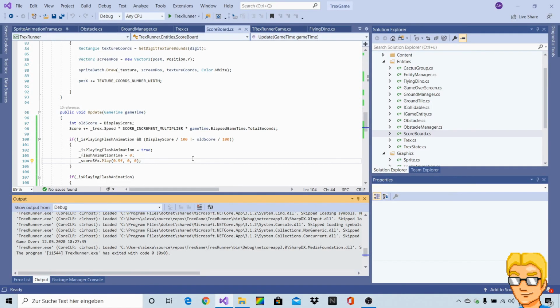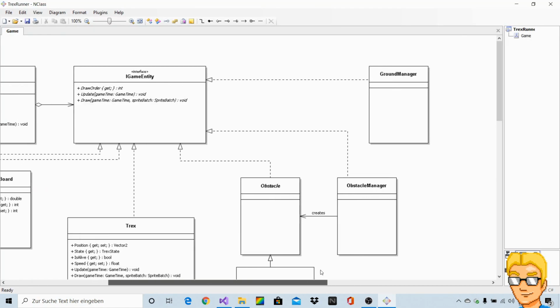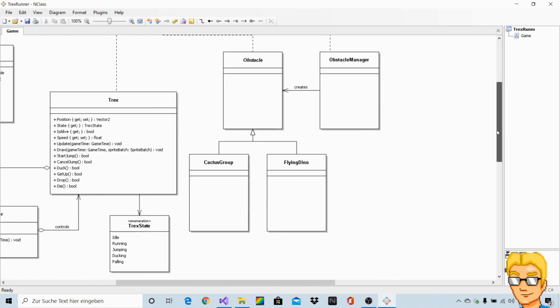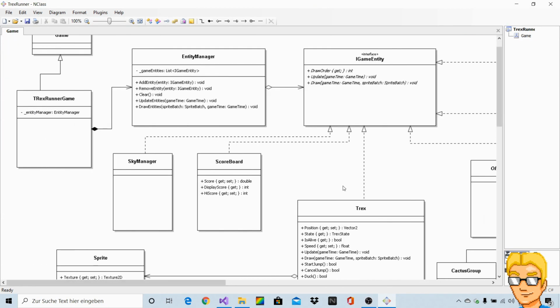Okay, so let's take a look at implementing this SkyManager class now that we designed in our class diagram. There it is. Somewhere around, where is it? There, SkyManager. I mean, we haven't actually specified any of its members or anything, but basically what we want